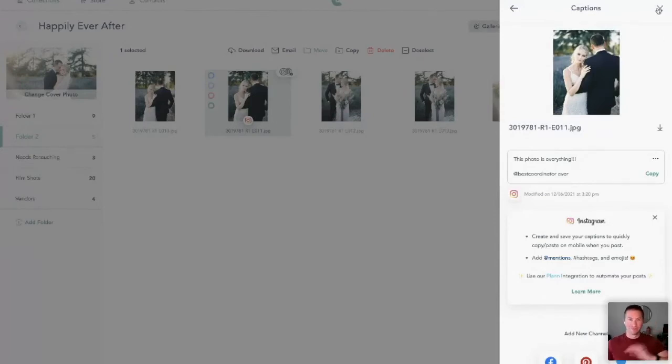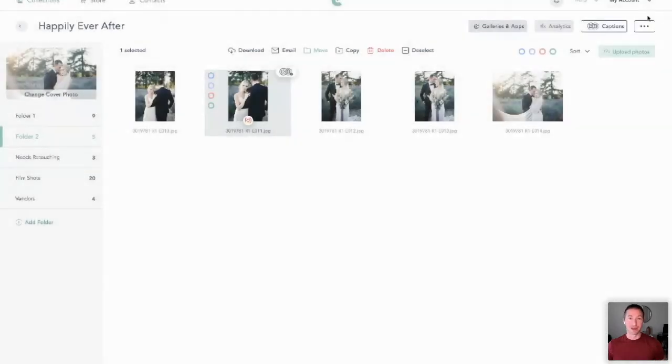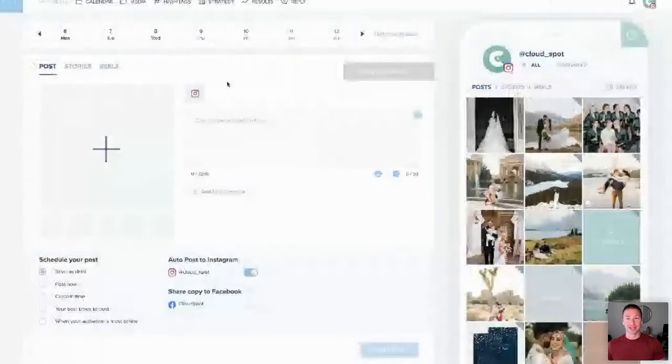So rewind back to a couple of years ago, reached out to the amazing team at Plann and say, hey, look, this is the problem. What can we do to solve this for the tons of photographers all over who are feeling that pain just like ours are, the CloudSpot community? So what we did, and again, hats off to the Plann team because they made this happen, is now with CloudSpot's integration with Plann, you can do exactly that.